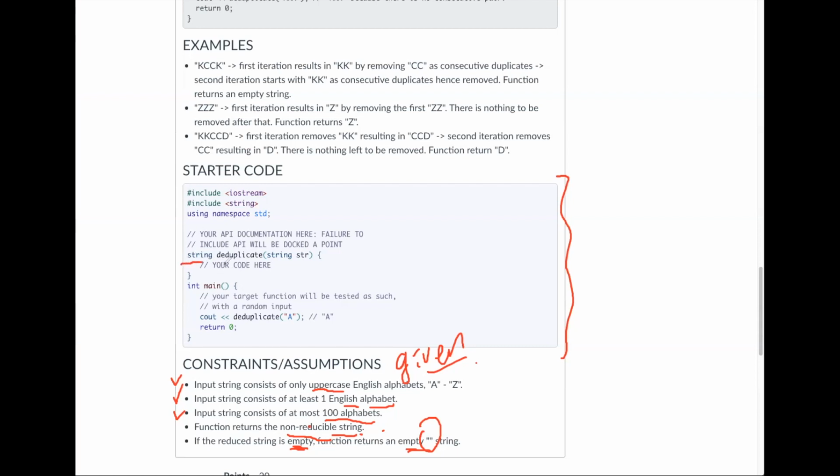But at least you will not be making a mistake on the spelling of your function signature, because this is usually the source of issues. Your autograder won't be able to compile. So you would have your test code looking like this. This target function will be tested as such, but you can write whatever you like here. A lot of times, if you want, you can call deduplicate, and then whatever this method is, and then you can do equals